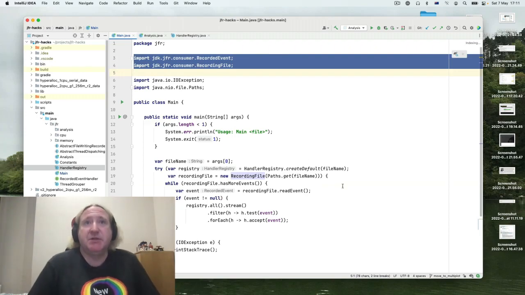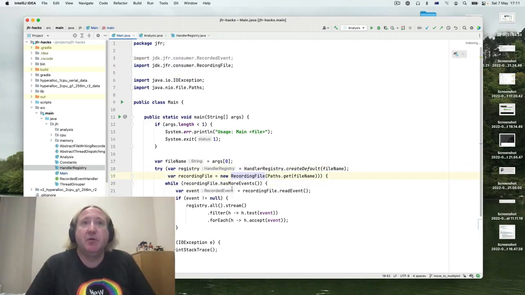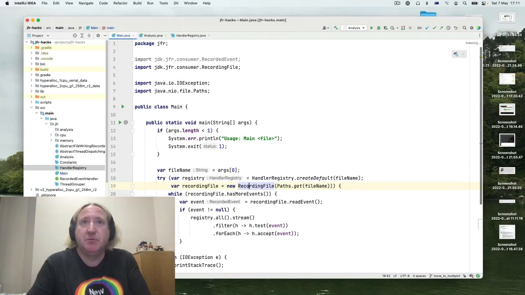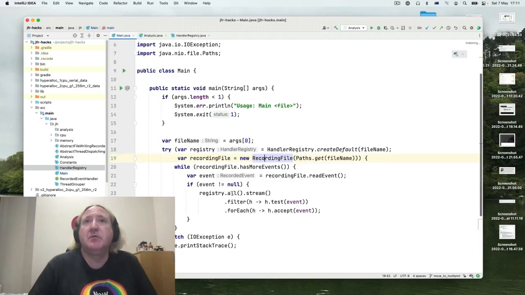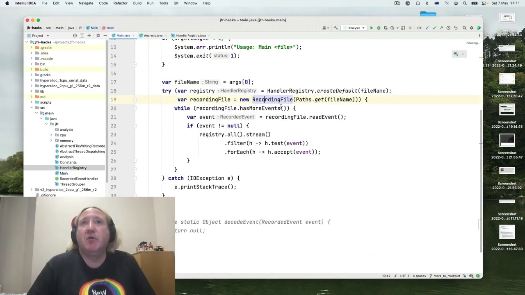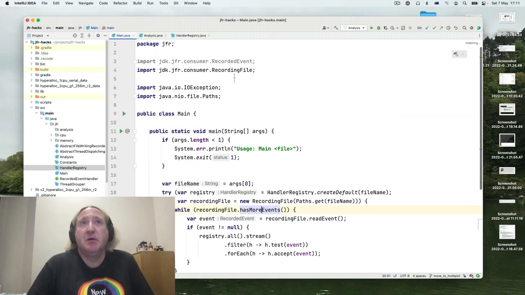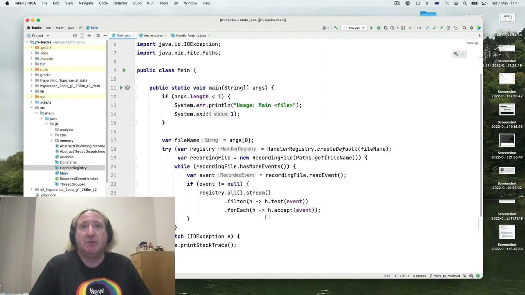This enables us to process the file. So down here, for example, on line 19, zoom the font size a bit. We can take in a recording file and then process it in a while loop where we take individual events, which are of this type, jdk.jfr.consumer.RecordedEvent, and then we can have some way of processing the events.